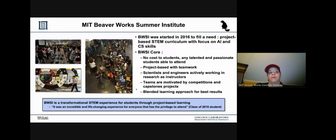So what is Beaverworks Summer Institute? It's an intense 4-week program for rising high school seniors. Our director, Bob Shin, was challenged in 2015 to create something that will fill in the gap for high school students, a project-based STEM curriculum that helped students learn basics of autonomous systems. Autonomous systems include all the self-driving cars, drones, marine vehicles that are being created. Also using technology that provides safety features like collision alerts, even while the technology is being worked on for fully